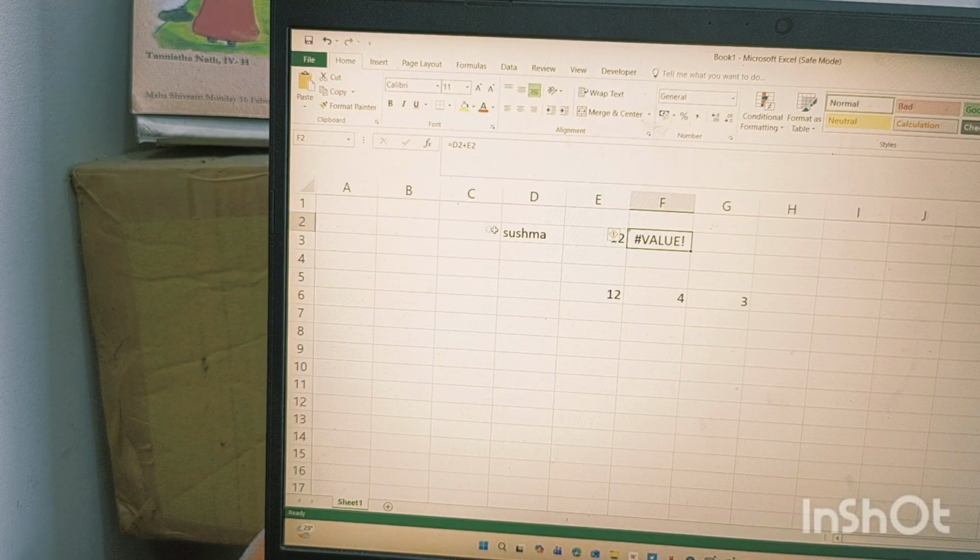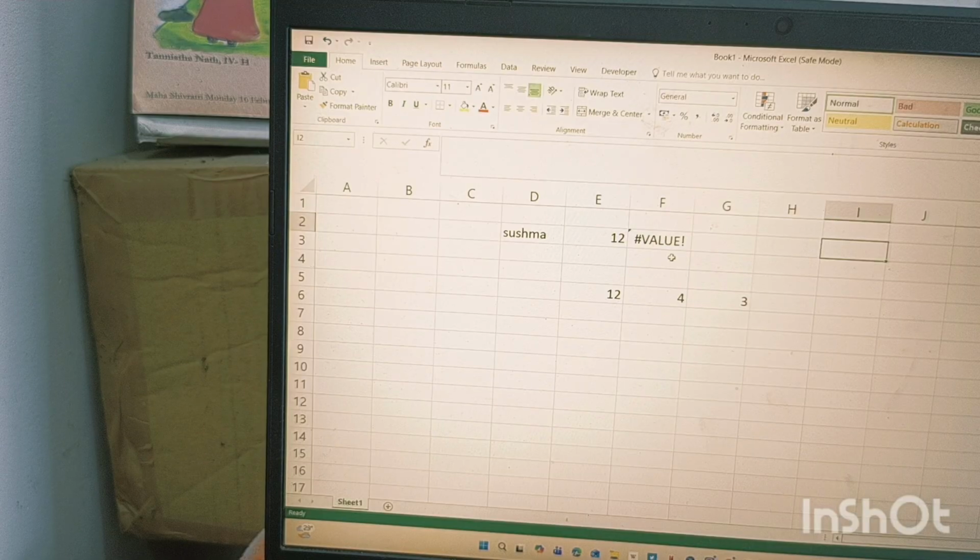This whole row is called 2 and this whole column is called D. This one is D and this one is 2. So it is D2 and it is E2. The second number is the row, which is 2. So if we click here, this is C2, this is D2, E2, F2, G2, H2, I2.